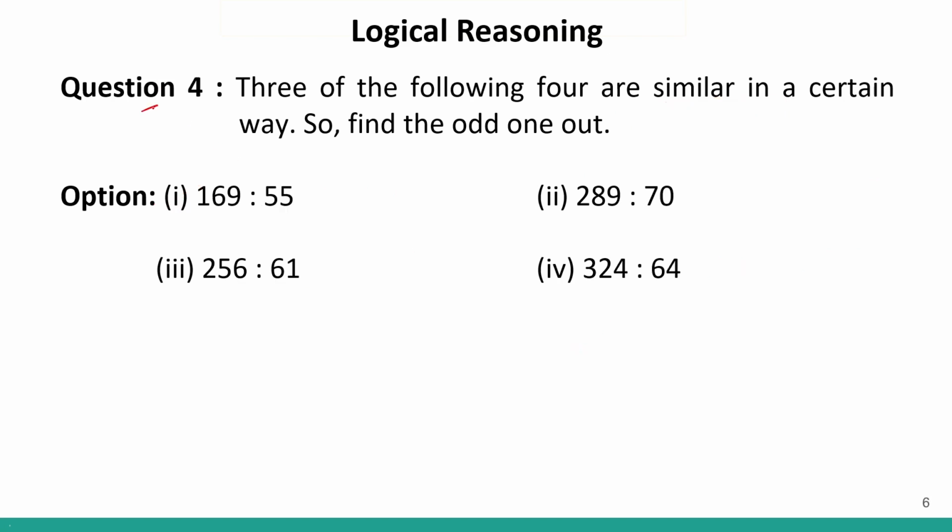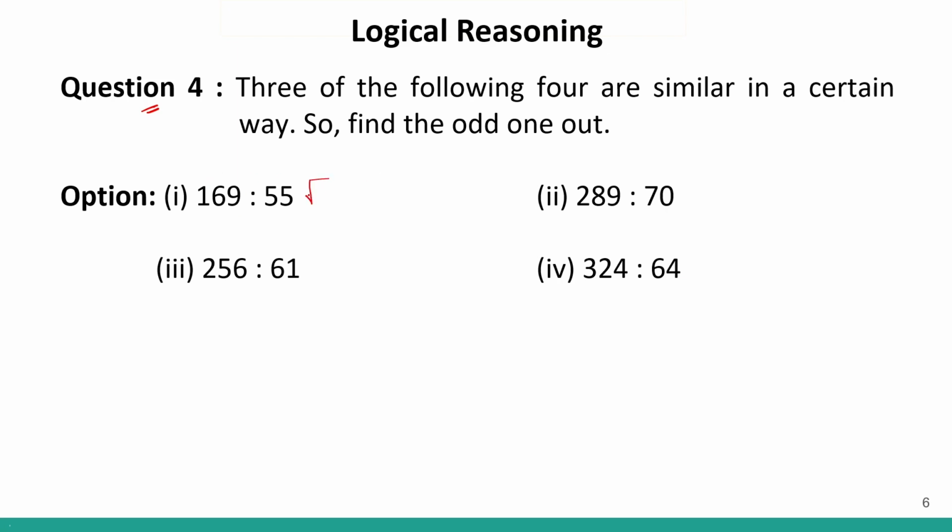Now let us look at question number 4. So again, 4 options are given to us and we have to find out which of these is the odd one out. Okay. So if I see 169 and 55, 289 and 70, 256 and 61, and 324 and 64. So if I look over here, 169,